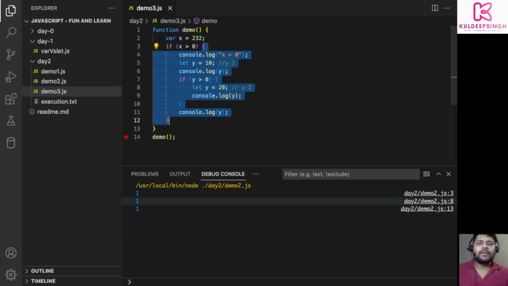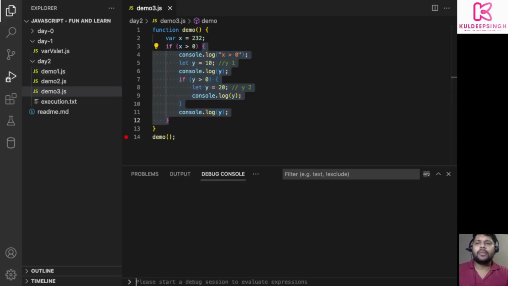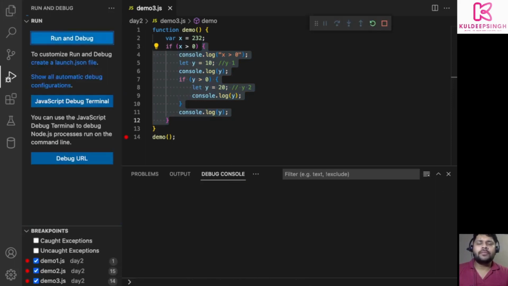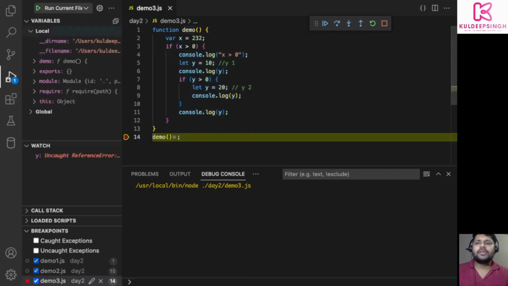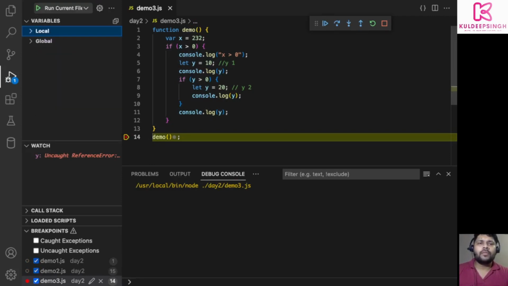Now, friends, when I try to execute this kind of code, I go to debug. I try to run the debug. Just try to see very clearly. Friends, first of all, I should have a local scope for my demo function. Right, so this is the local scope, friends. As of now, there's nothing in the demo function local scope. Again, this is the main local scope. When I click on this thing